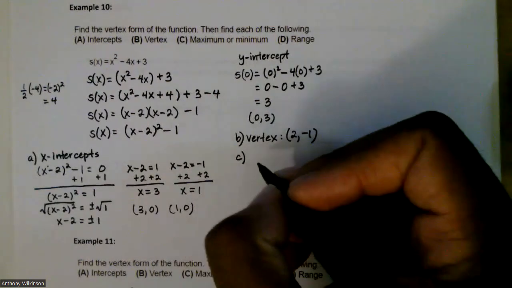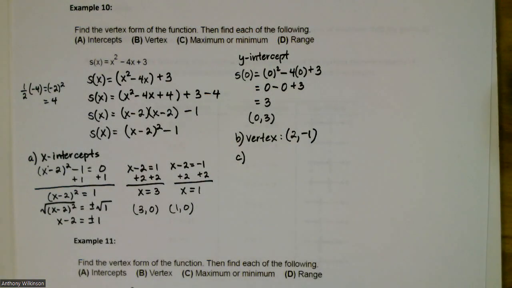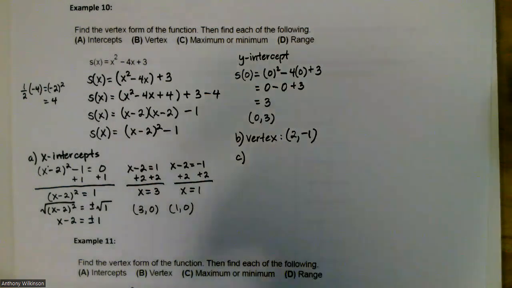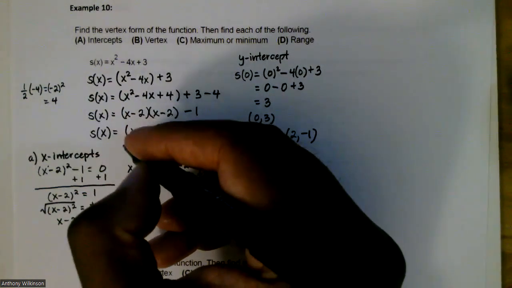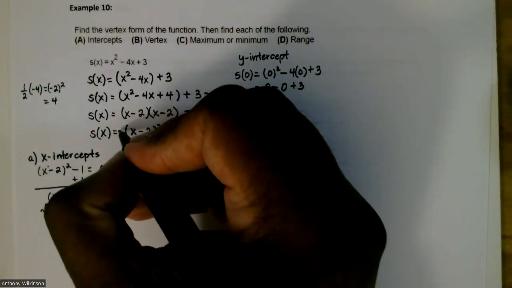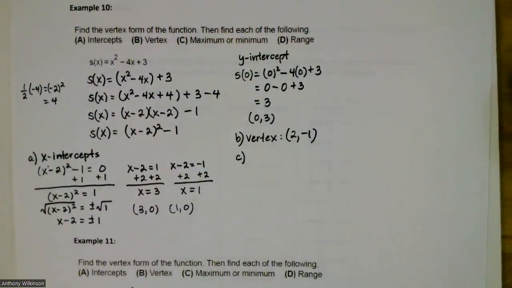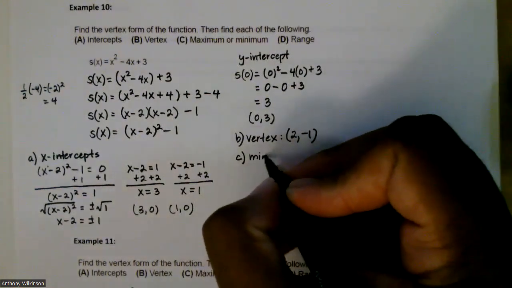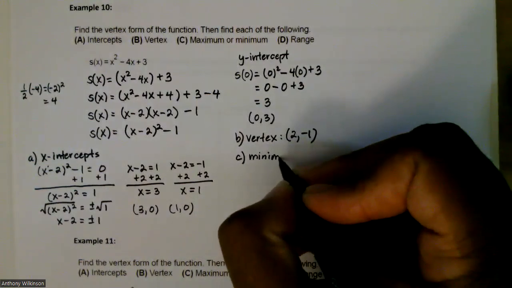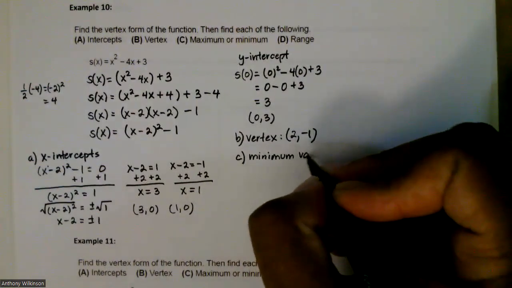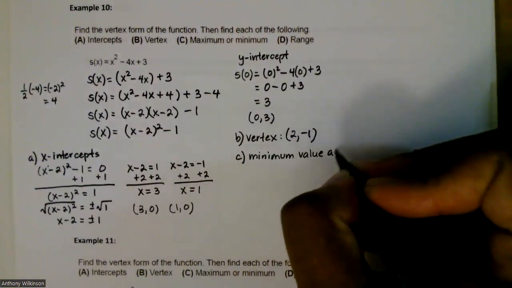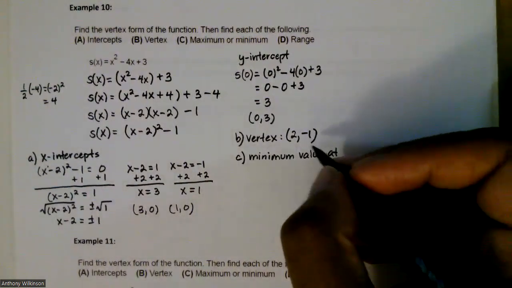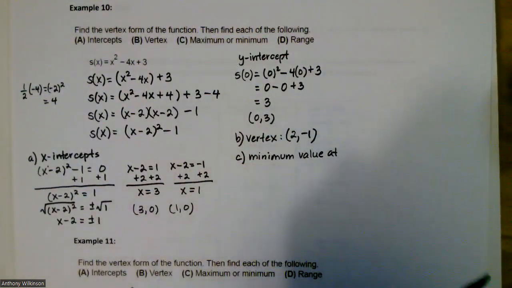Now, part C is determining whether we have a maximum and a minimum, and what is that maximum or minimum. Well, let's take a look at the coefficient in front of the parentheses. There's none there, but it's understood to be a 1 right here. It's positive, so that means we have a minimum. We have a minimum value at our y-coordinate, which is